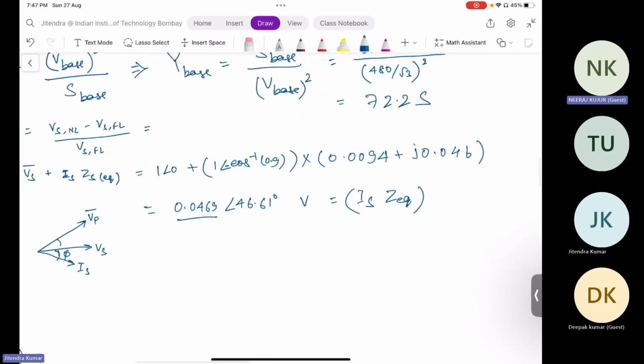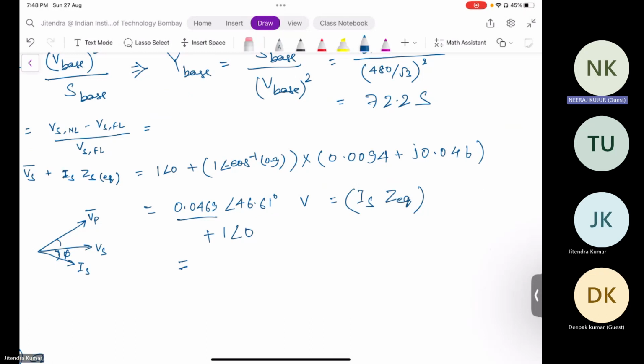I have not added the 1 angle 0 yet. I told this value to check. If it is correct, then I'll proceed. So +1 angle 0, right? So it will come out to be something. Since I do not have the value for this one, I cannot verify. But anyway,